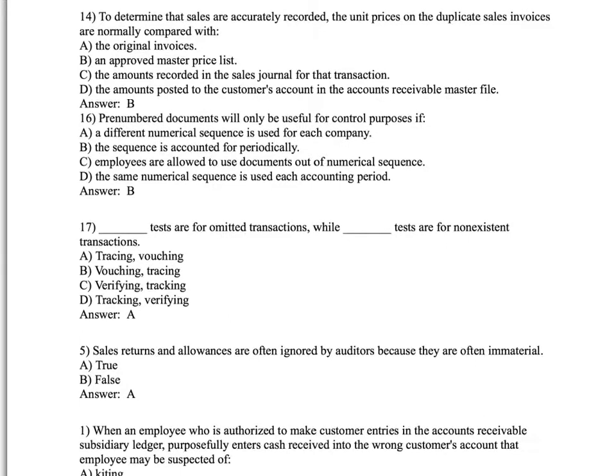To determine that sales are accurately recorded, the unit prices on the duplicate sales invoices are normally compared with an approved master price list. So with the price testing that you performed for inventory, there's usually a master list there too of the prices that have been approved to purchase inventory at. There's also a master list of sale prices that have been approved by the CFO or possibly even up to the board of directors. That would say, we're going to sell this product at $10 per bottle, say for your